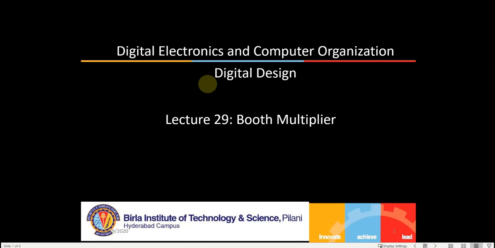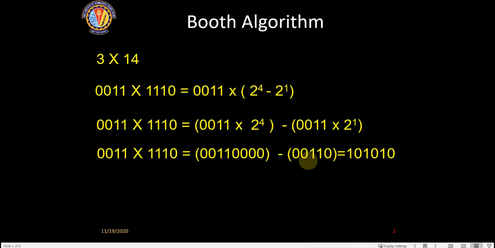Today we are going to learn about the Booth multiplier. Last time we saw the sequential multiplier, so this is a slightly better version of a binary multiplier. Before taking on the Booth algorithm, to understand that, let's see how multiplication is done in a binary